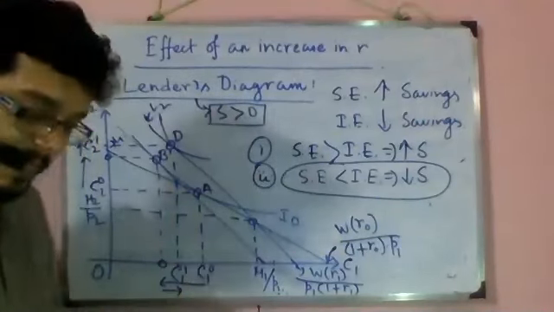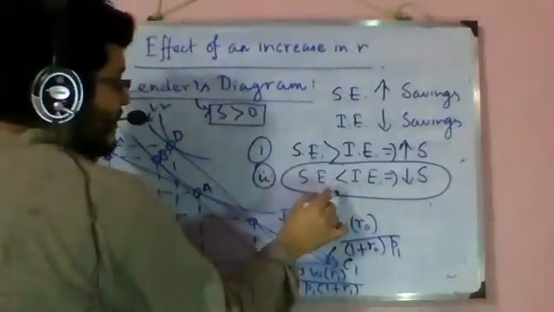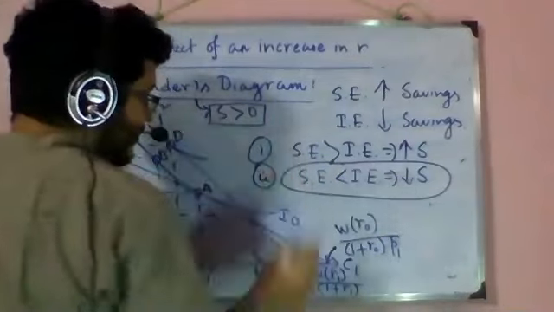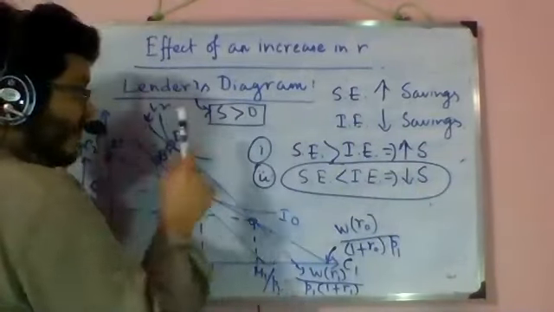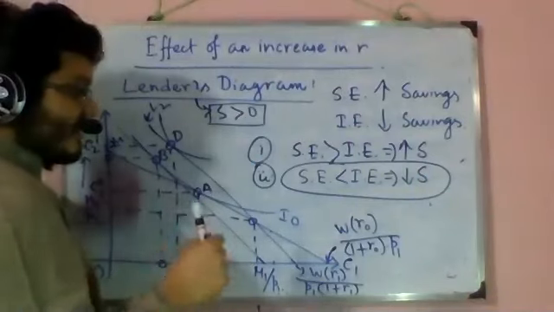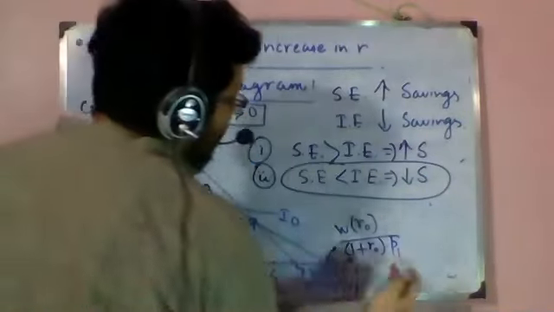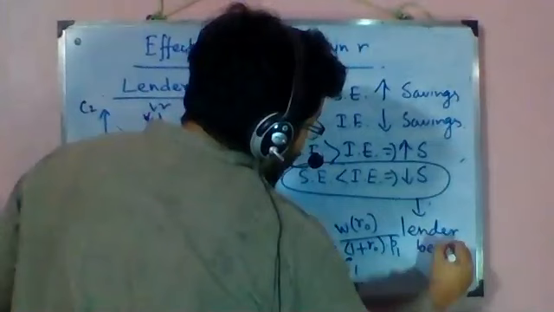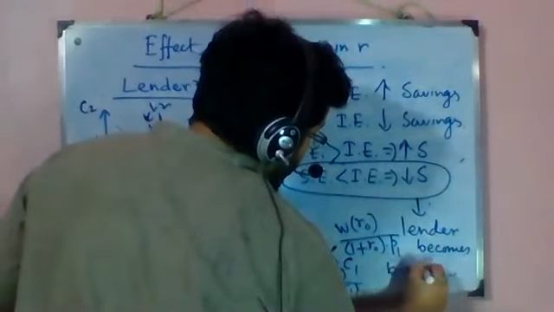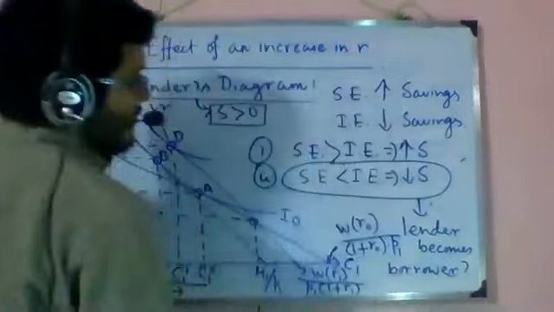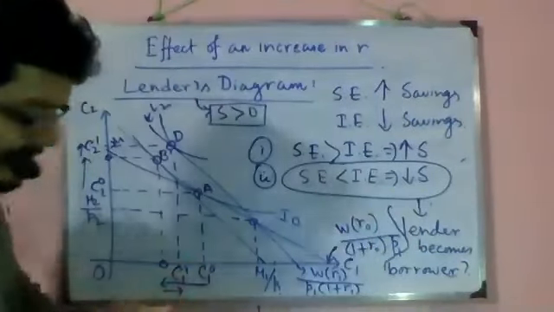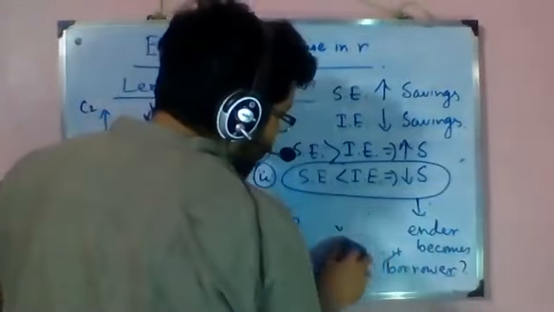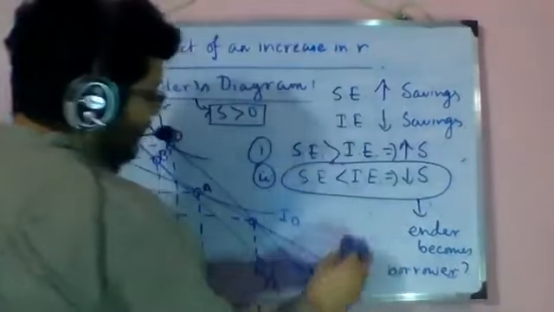I'm going to say it again. Since in this case the substitution effect is dominated by the income effect, savings is being reduced. Will the lender who had positive savings reduce savings to such an extent that the lender will become a borrower? So the lender becomes a borrower. That's the question we are asking here now. Okay, I'm just going to erase this part also because now it plays no role at all.